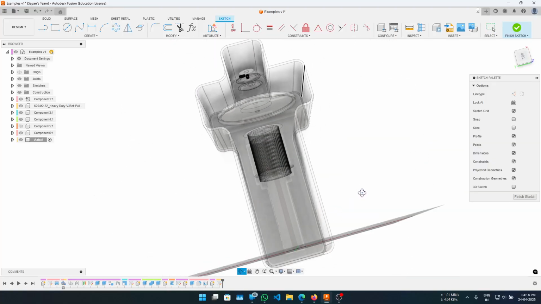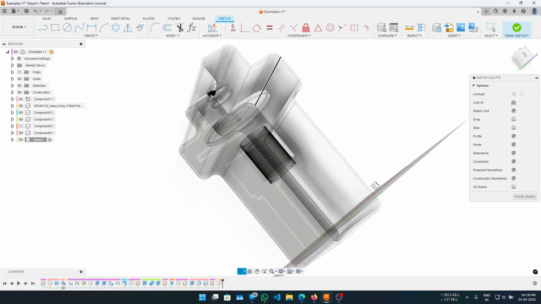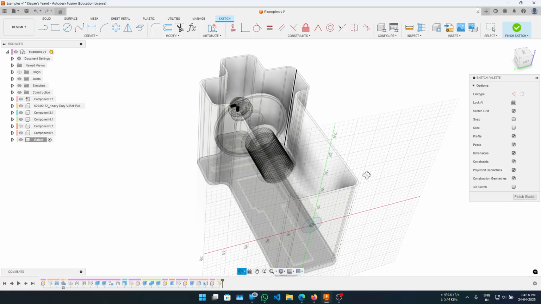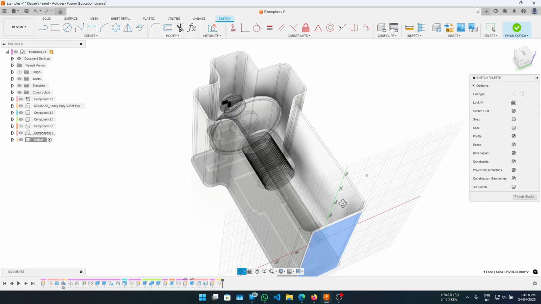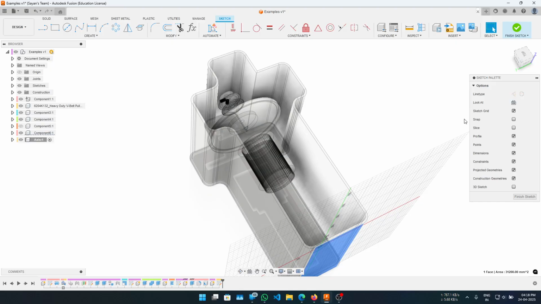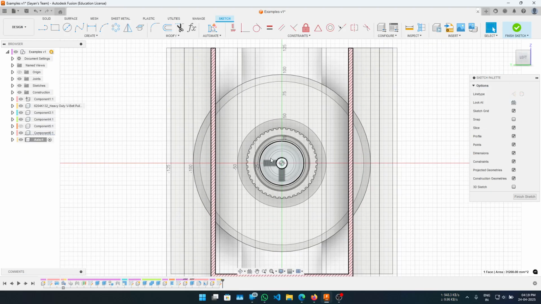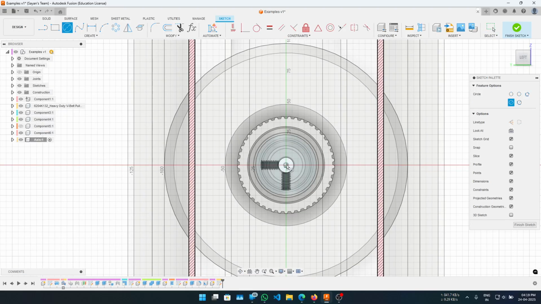Right now, you can see that the surface is in a very awkward position. If I select it, I'm selecting this surface instead of the surface beneath it. So if I click on slice, it will slice through all the things that are above your work plane. And this allows us to just draw